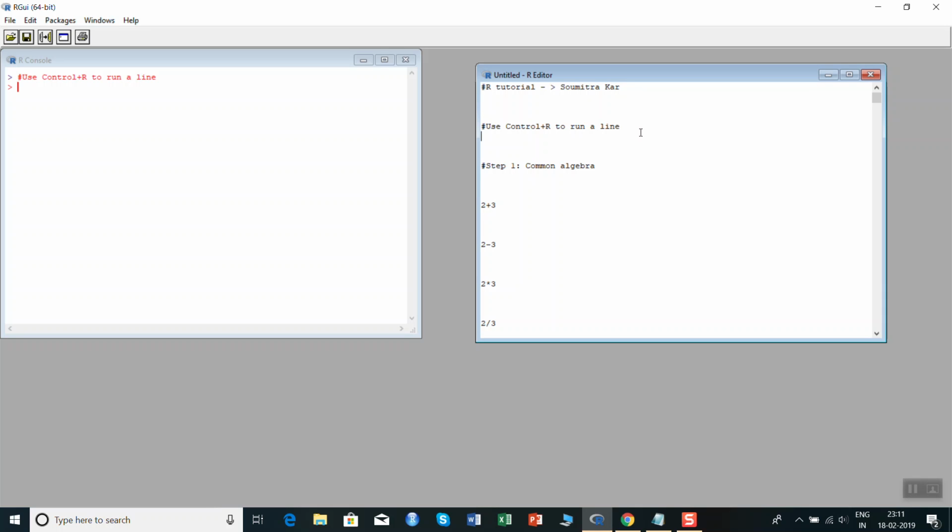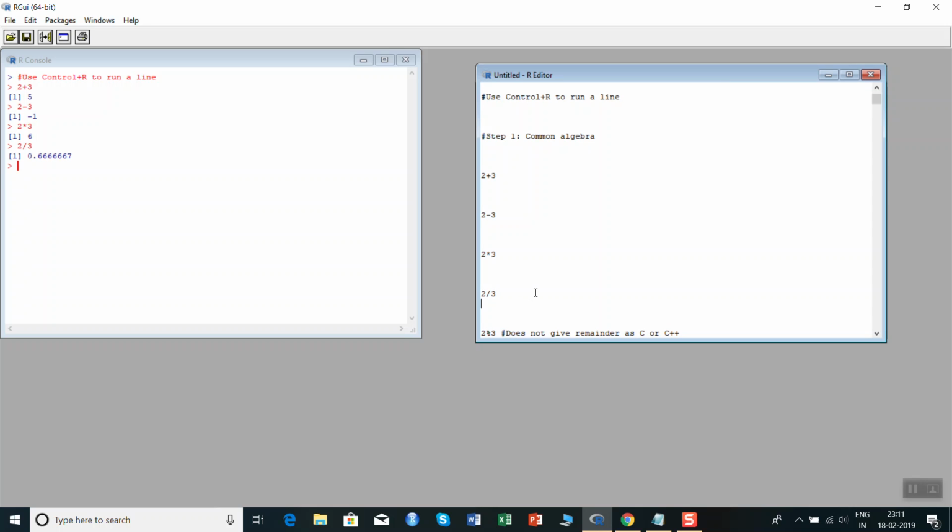Okay, coming to the language itself and the coding part. Step 1, R can handle any type of common algebra. Suppose we want to add something, subtract something, multiply something, and divide. Now look at this part, division. If you are familiar with C programming, then you will know in C 2 divided by 3 would have given you 0, and 2 percentage 3 gives the remainder, but here 2 percentage 3 does not give you anything.